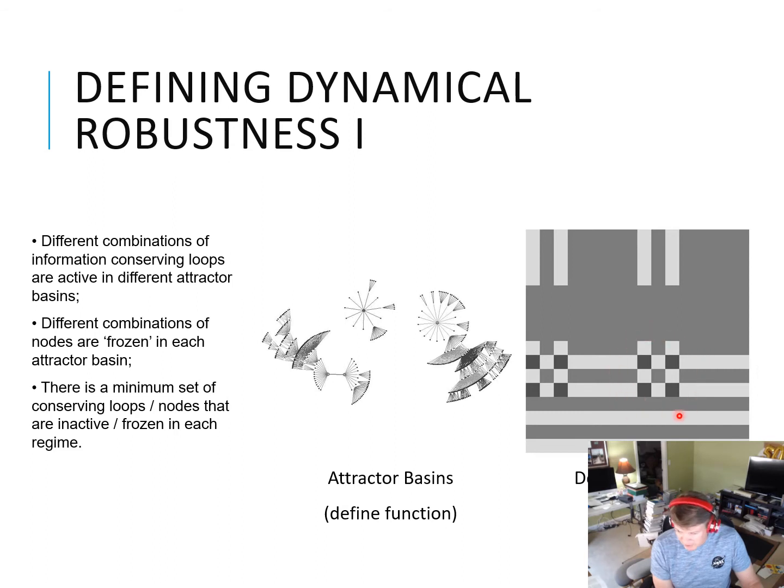You have attractors kind of rather close to each other. If you started here, you would go to one attractor. If you started here, just a 1-bit difference in the initial conditions, you would end up here. If you started in this state, you would end up in a different attractor again. So the way in which these attractors or these functions are distributed over the state space of this network is complex in itself. We don't just get a nice carving up of state space to say, if you start here, you go to this attractor, you start here, you go to this attractor.